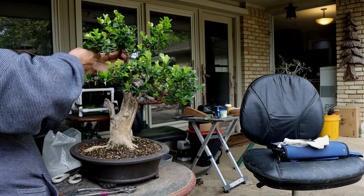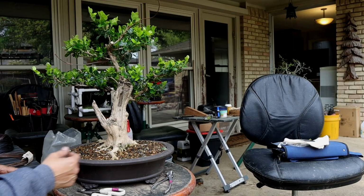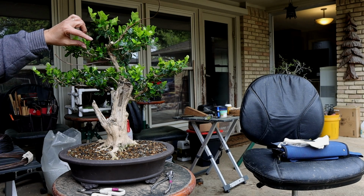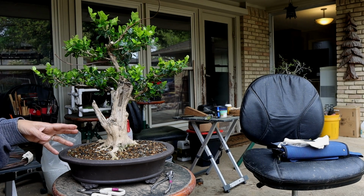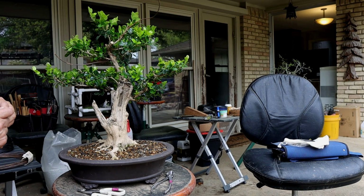Also, the best time of year to really wire most of your deciduous and evergreens and such is going to be toward after the growing season. So in May, June, when all the new growth has hardened off, that's really the best time. There's not as much fluid running through the branches, so you stand less of a risk of snapping anything. Right now, things are very full of fluid because everything is in growing season,